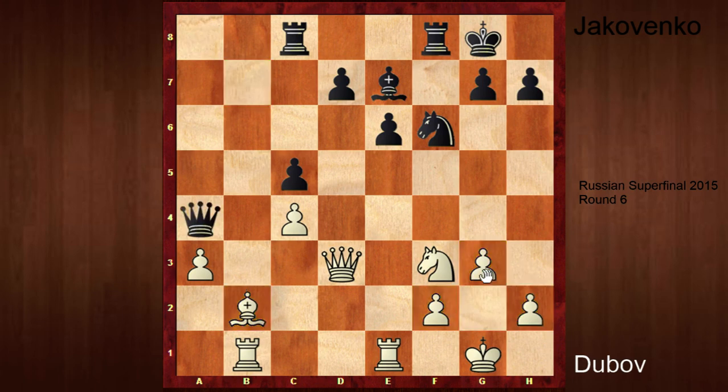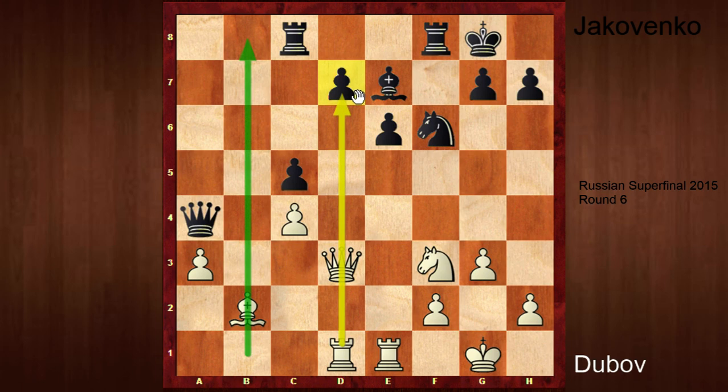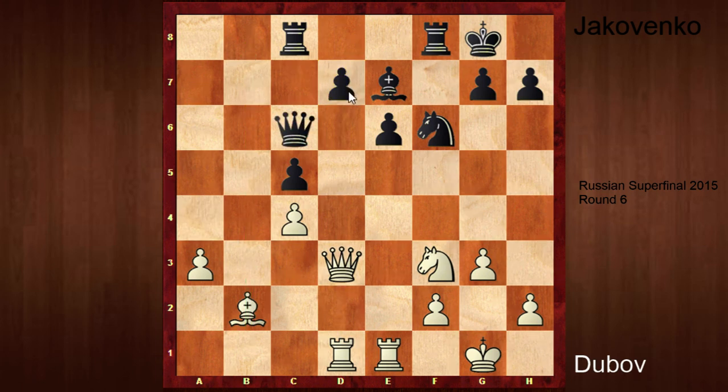So black goes to retake the pawn. White goes rook d1, as the rook is not doing anything here anymore. So we go to watch the pawn. Queen c6, bringing back the queen, logical. And white goes here knight g5. And this is a move I love. I just love this move because